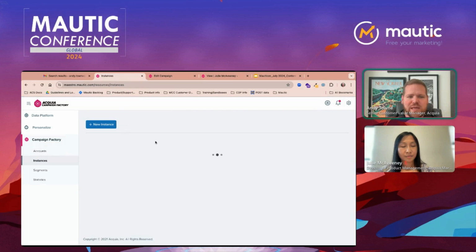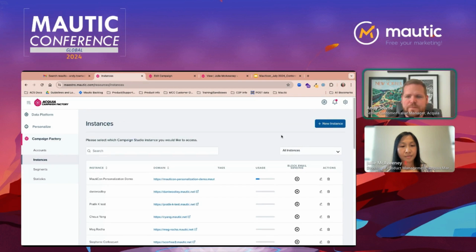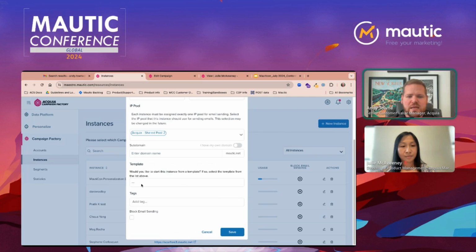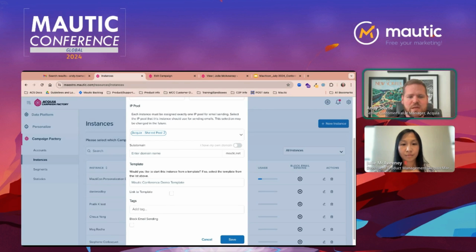But then when I go to create a new instance, I would be able to select where I want that instance to be. And I could say, give me that template so that I don't have to go rebuild every single campaign every time. All the content will be there. I just need to update the contact data, update the global tokens, whatever I might use, and it's largely ready to go. Might do some other copy editing specifically for our college,